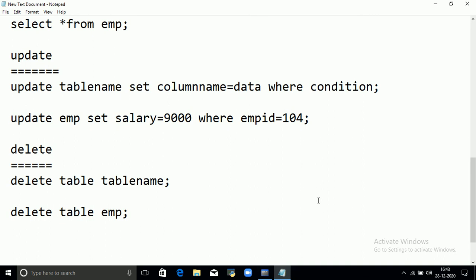So if I want to delete a particular row, then use the following command. So delete table name where employee ID is equal to 104. Just watch it, what happens.